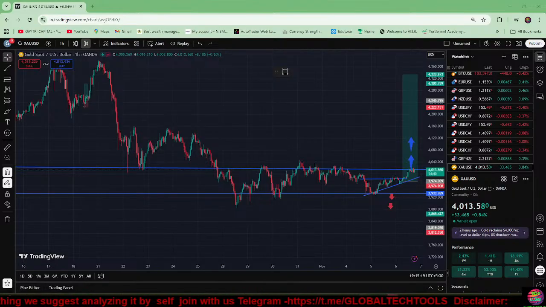And this leads me to my next point, which is going to be area of interest, also known as a level of supply and demand. As you can see, I've identified this table as an area of interest where I want to use it to push myself up or pull myself down. This is my area of interest, what I'm going to be using. Now, this is exactly the same thing that you will be looking for in the markets when you're looking to buy or when you're looking to sell. An area of interest is an area that you want to identify strongly to go up or strongly to go